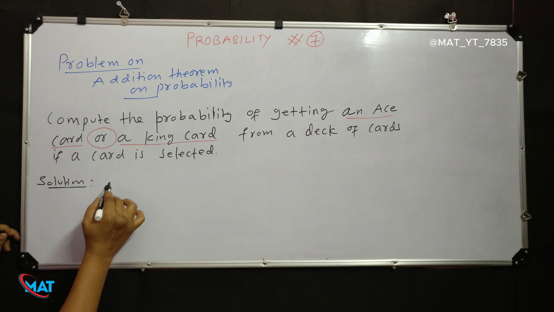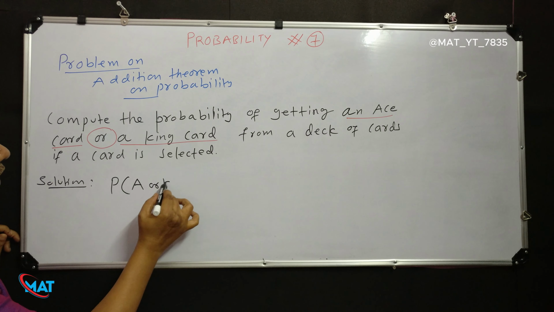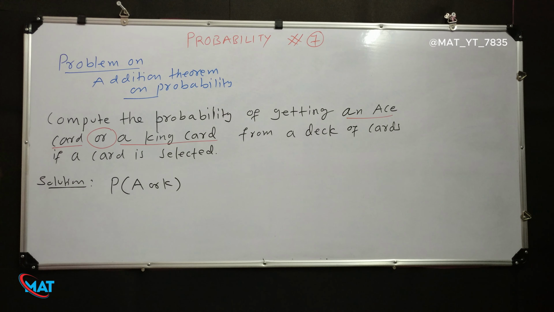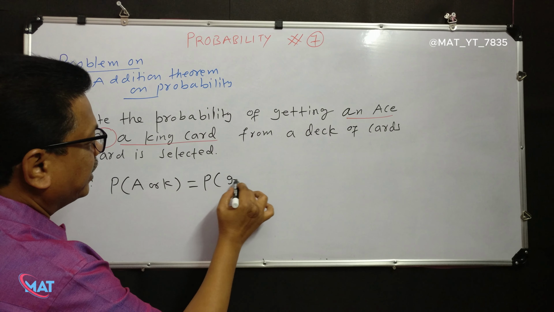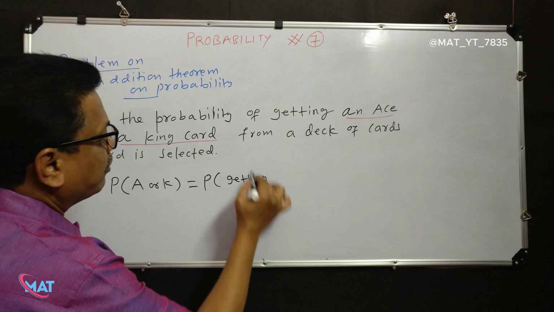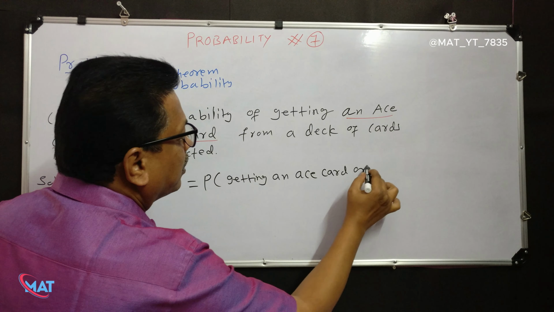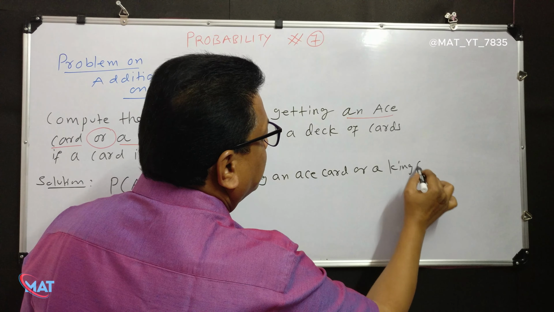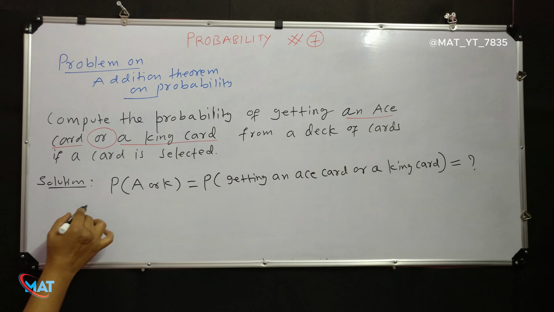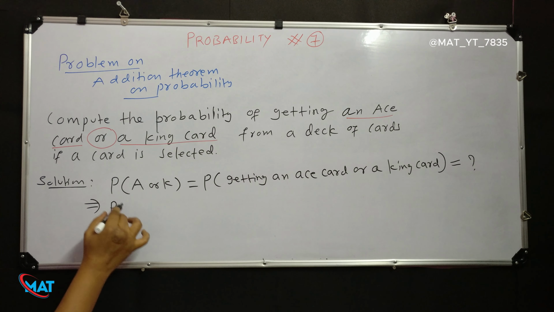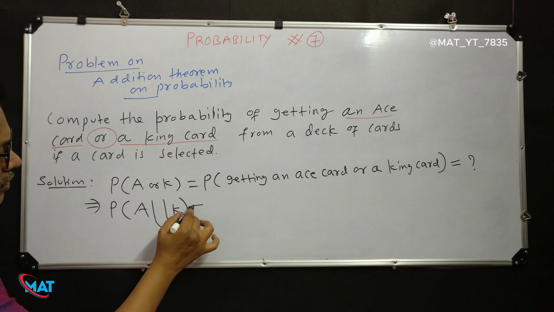Next one, continuation step, probability of A or K. This is the thing we are asking you in the problem. It is probability of getting an ace card or a king card. It is from the problem. This we have to find out. This you can write in mathematical form as P of A union K, that is equal to